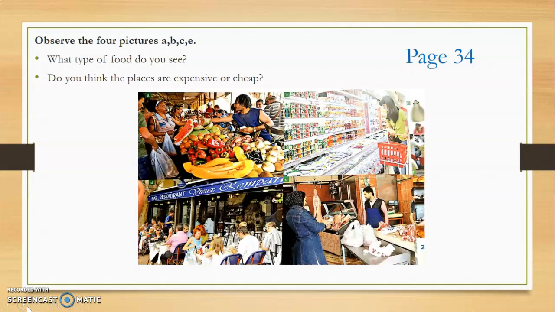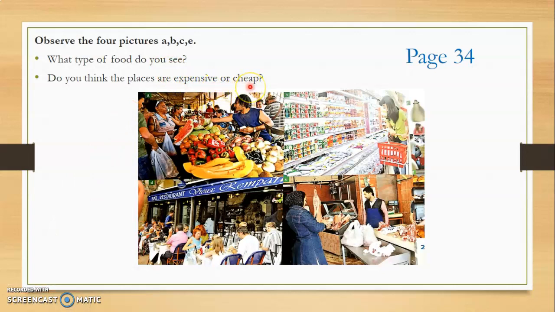Very good. So I see on picture E, sorry, that they are selling meat, okay? They're selling pork, they're selling beef, and they're selling meat, okay? Very good job, guys. So another question. Do you think these places are